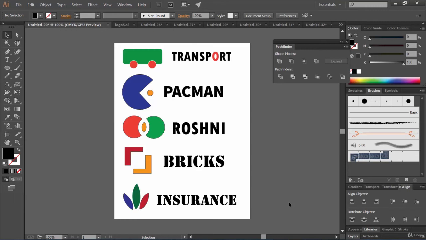Can you believe that using simple tricks we have designed this bus logo, Pac-Man logo, this logo, this again this logo, this leaf logo. So that's it, guys. Just start practicing and you will gain more confidence in these sections.